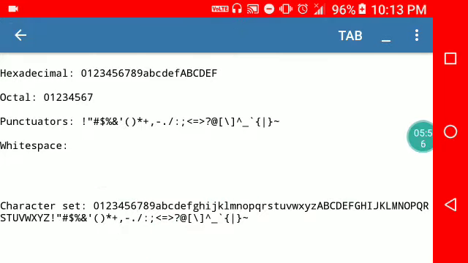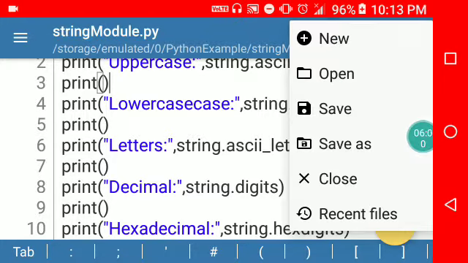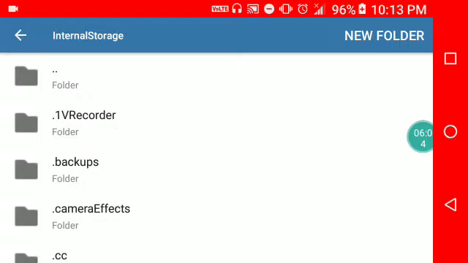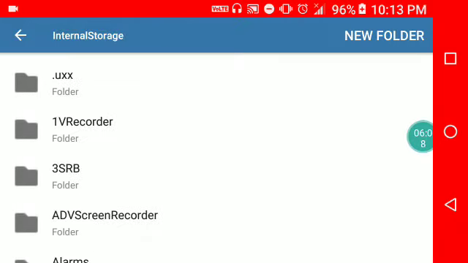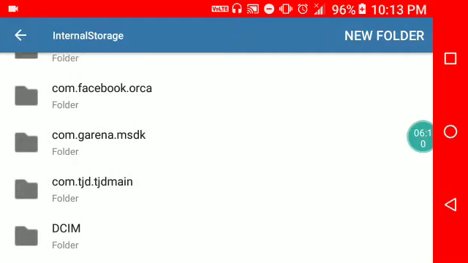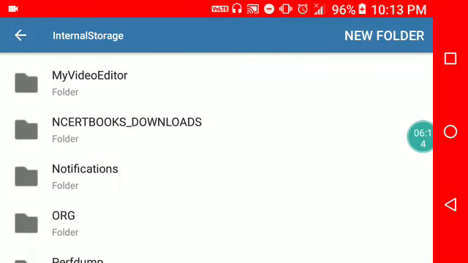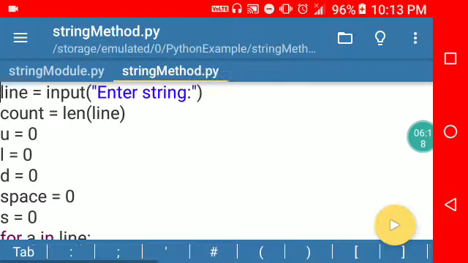Now I'm going to start another program, Python string methods. So first start the program, string method. See here, string method.